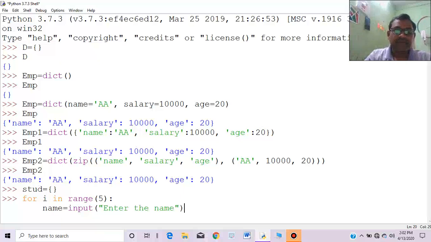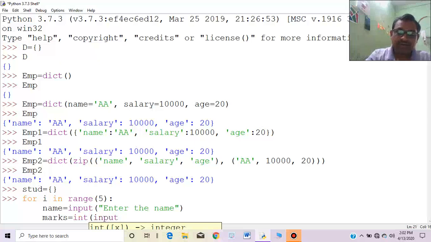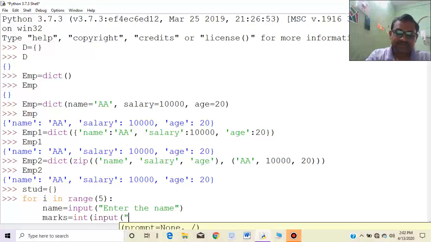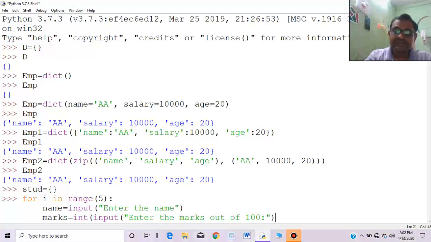Okay, enter the name would be entered, and similarly marks is equal to int input, enter the marks out of 100. Okay, so this way the user enters marks and name.